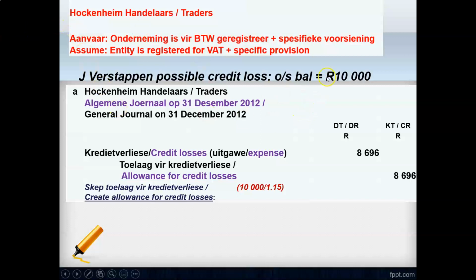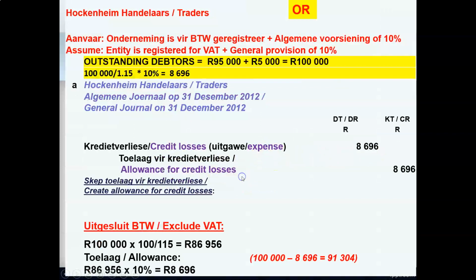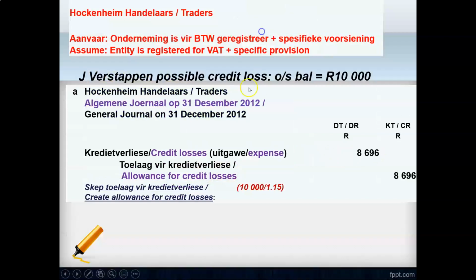So therefore, when we create the allowance for credit losses, it will only be for the VAT exclusive amount. So 10,000 divided by 1.15, which is 8,696. So therefore, we're going to debit our credit losses expense account, 8,696, and we're going to create an allowance for credit losses, which is a statement of financial position account,